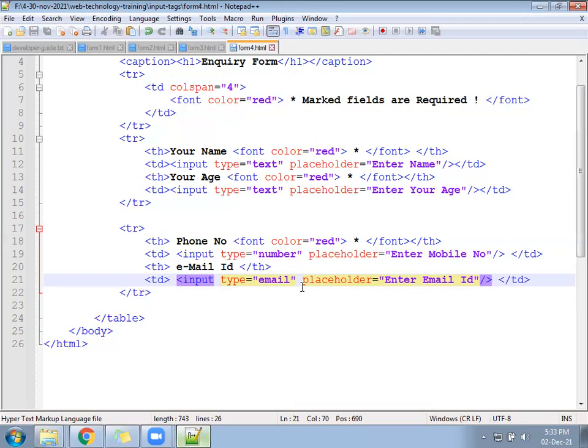You will have the second row also ready: name, age in the first row, phone number, email ID in the third row. Last row will have the details, message.